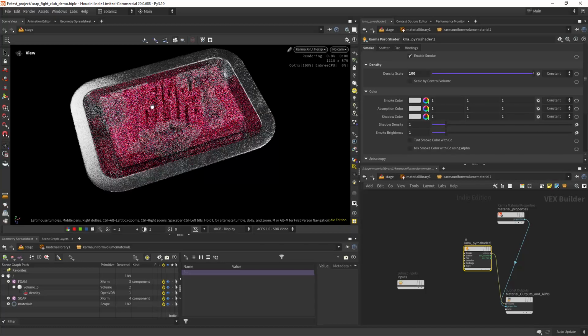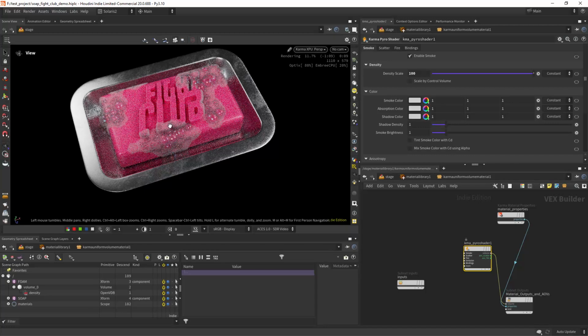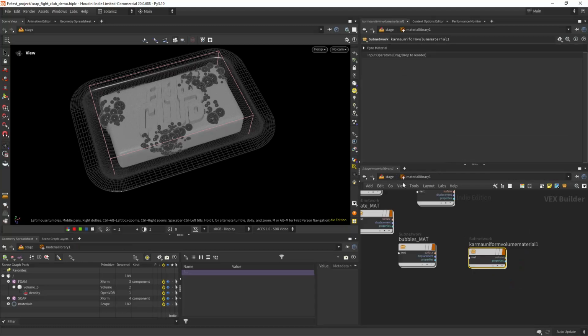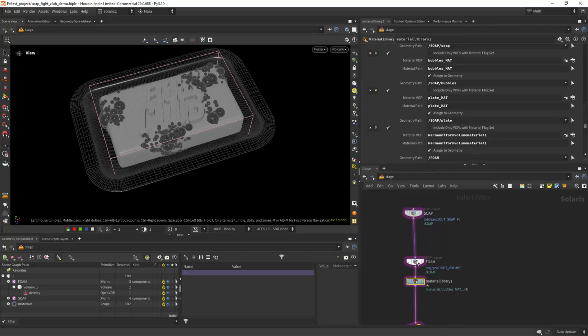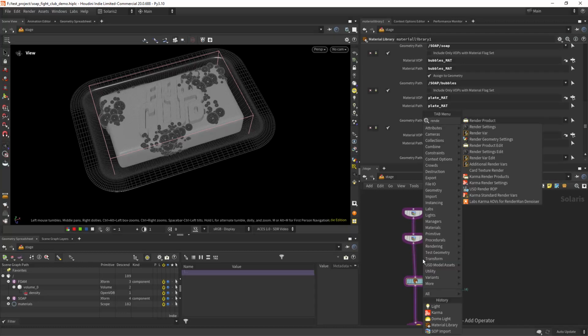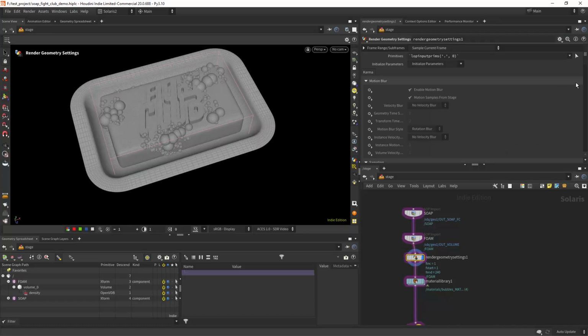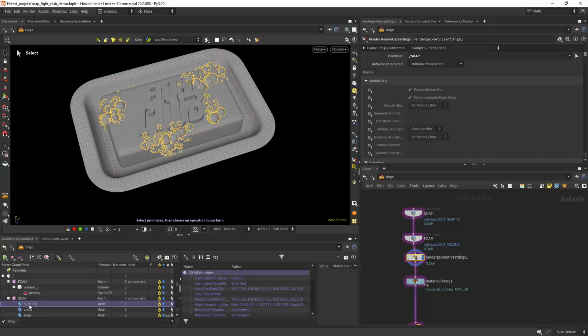And one issue I was having when trying to render this scene was that I was getting some shadowing between the bubbles and the foam, and I don't actually want that. So let's do the following. Let's create a render geometry settings. And load the foam. Let's load the soap bubbles and the foam,